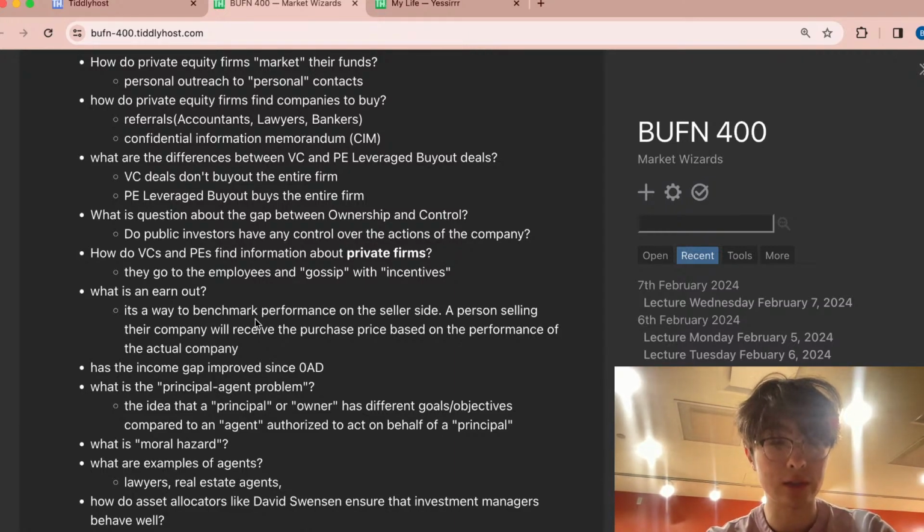There's this concept called carried interest, and this is the idea that private equity firms are able to earn a return on the profits that they've generated for the fund. And so this is just the idea that you're going to let the actual private equity fund manager get some of the reward on the fund that they're running. And that was one of the key ways that David Swenson was able to align incentives with these private equity managers, was offering this carried interest so that the underlying private equity firm would want to maximize their profits by maximizing the return on the fund.